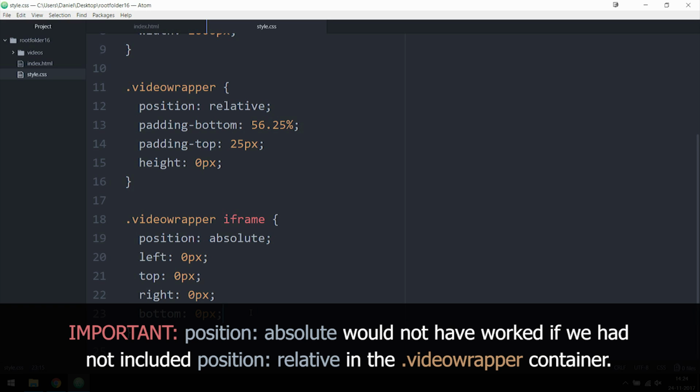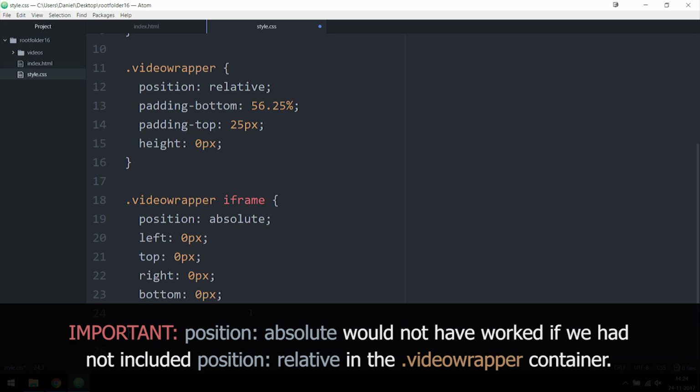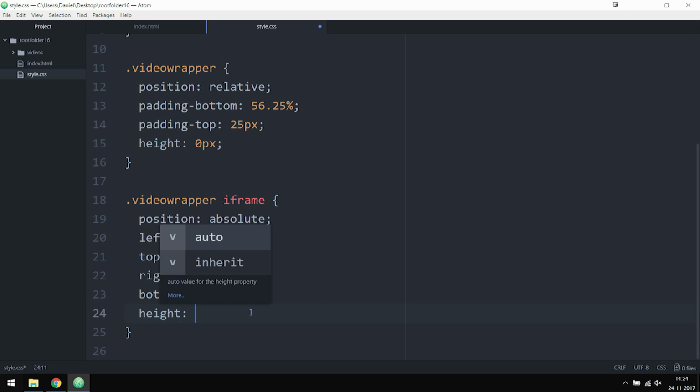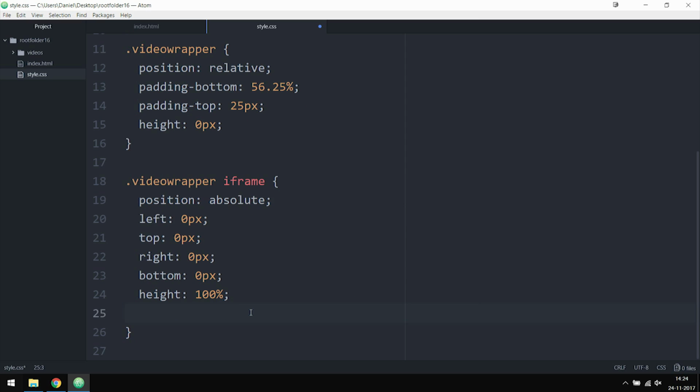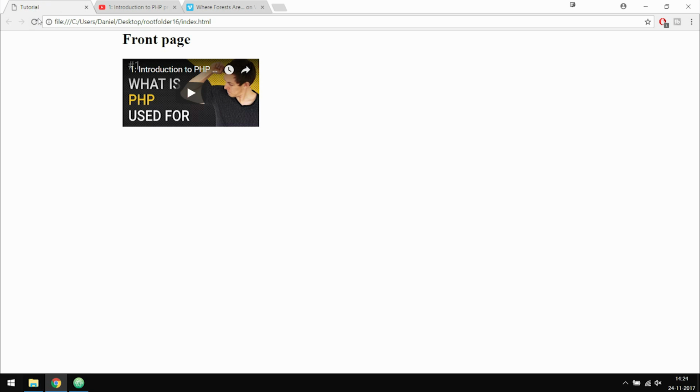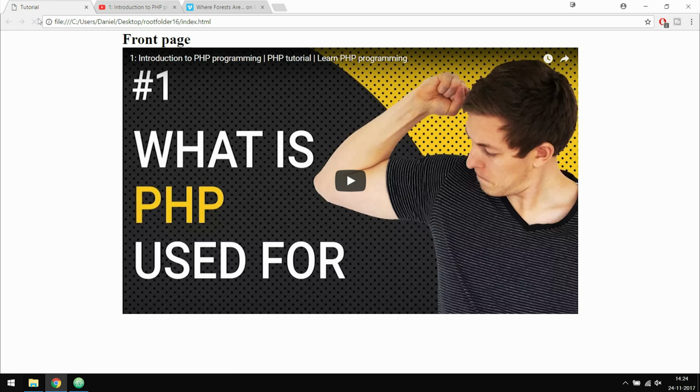What we're also going to do here is say that we want the height and the width of the video to be 100%, because we want it to be 100% of the video wrapper we created up here. So we're going to say width as well, set it to 100%. And now if I were to go inside my website and refresh, you guys will notice that the video right now scales the actual width of the video. So now it's actually like it's supposed to be, and we can play it